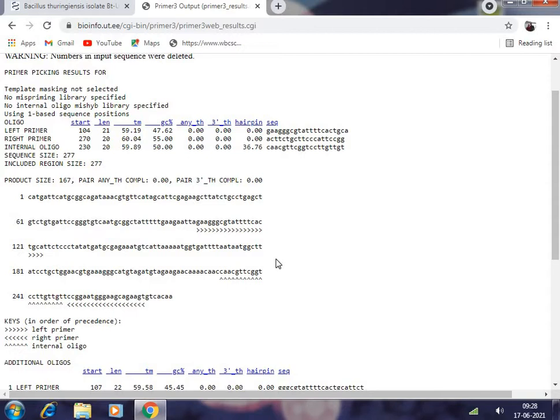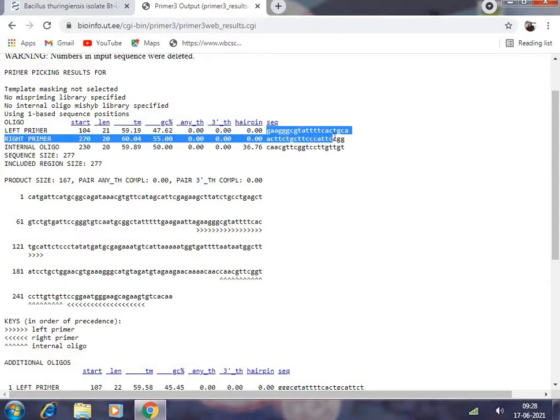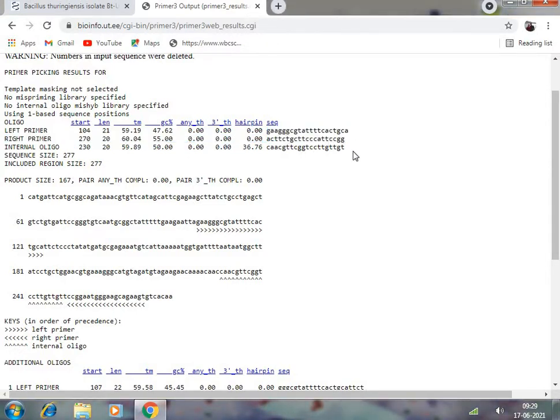But now you need to know whether this left primer or right primer that you have already made is actually amplifying only that Cry1A protein, or it is not amplifying other genes. So this is a very vital thing, because you have designed a primer and you have, say, taken the Bacillus thuringiensis gene and you need to employ these two primers, and somehow this primer can bind to your gene and can also bind to other genes. If they are binding to other genes, then the other genes can also be amplified. So this is not desirable.